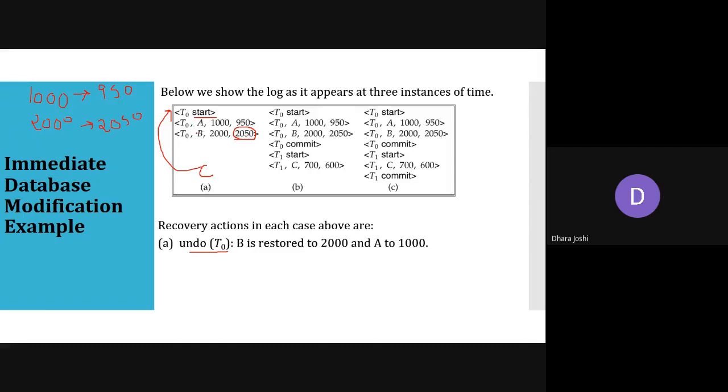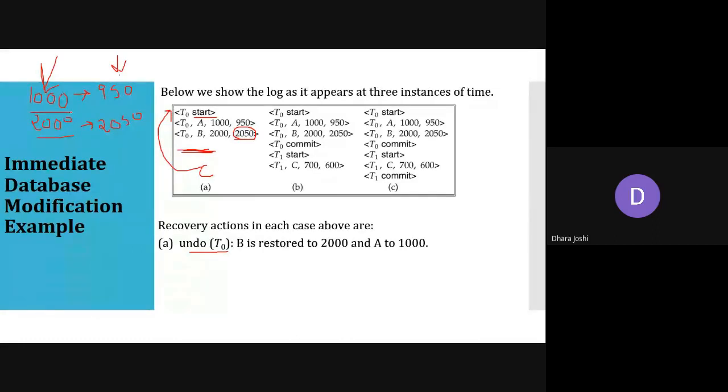But meanwhile, we are facing a hardware or software failure, and that's why we are not able to complete the operations, so we are doing the undo. That means these new values are discarded and we are focusing on the older values. So B is restored with 2000 and A is restored with 1000.